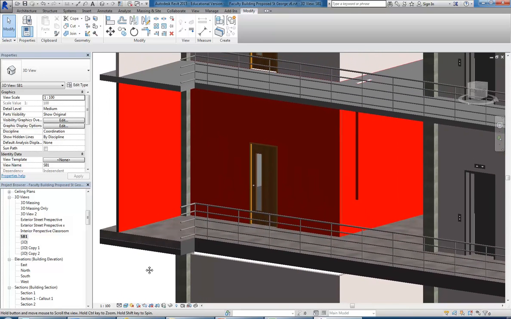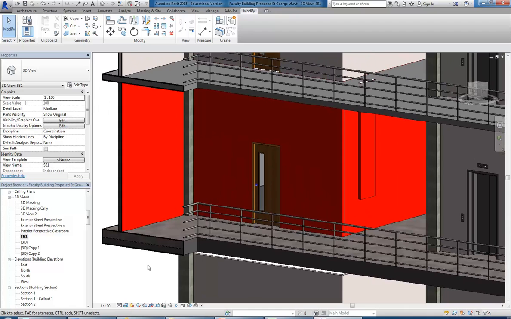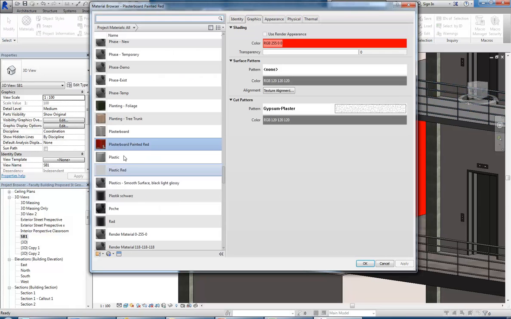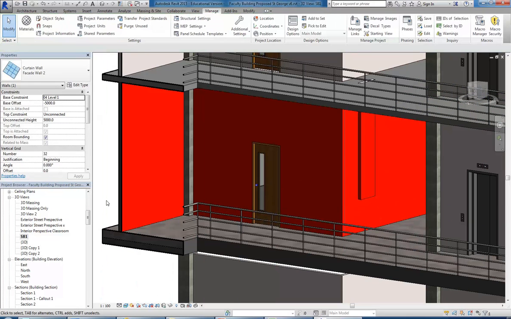So, like I was saying, I'll spend a bit of time in the next video looking at render materials, which is what you have on the Appearance tab. And so, for that, mostly, we'll just go to the Manage tab and then go straight to Materials there. Okay, but like I said, if you want to go further with this,